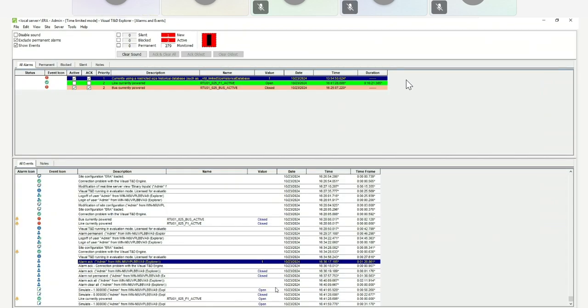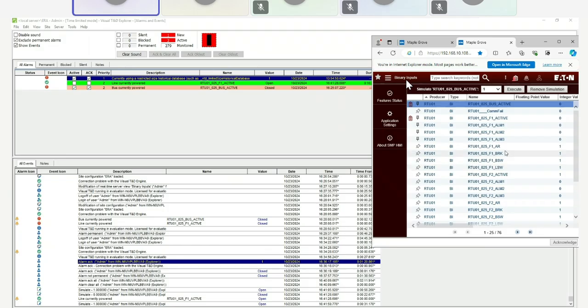Okay, I think there's something wrong with my simulation. If I trigger the simulation from my gateway, the alarm's not reflecting in the Visual TND. I suspect the simulation is only being undertaken at the SMP gateway level.